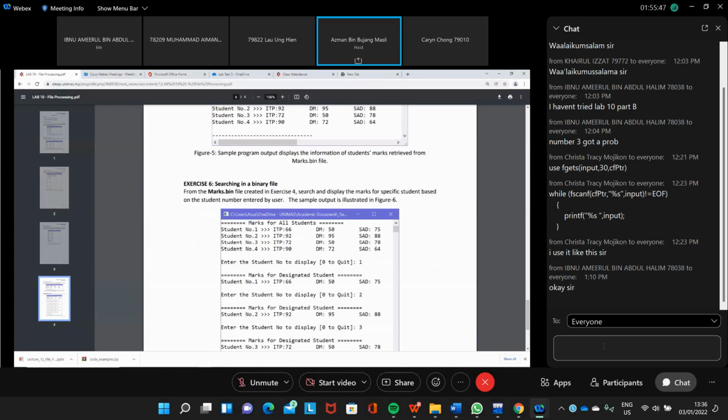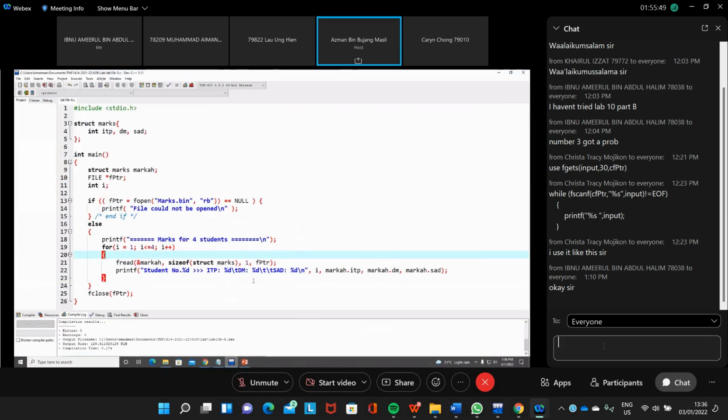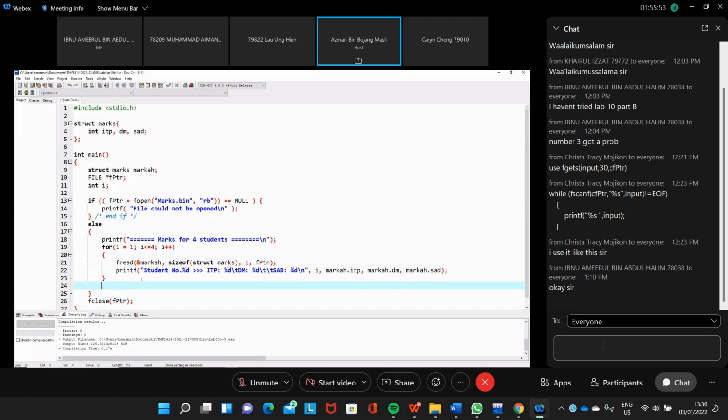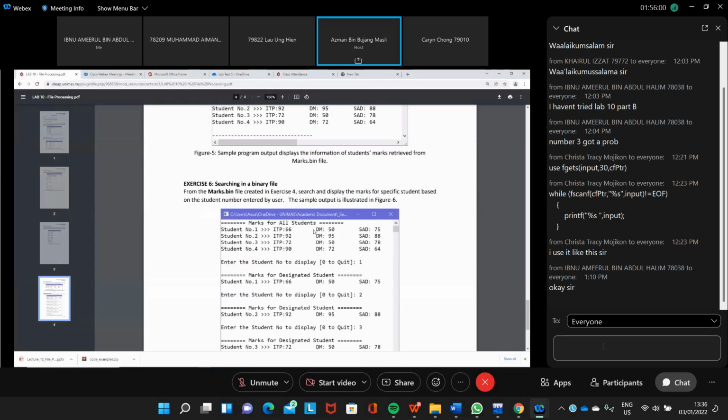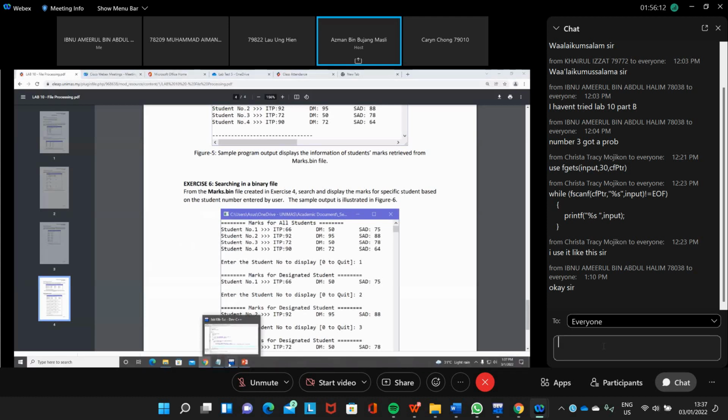This is the same thing, with no changes up to this output, marks for all students. And then we enter the student number to display, 0 to quit. So we just enter that one with printf.